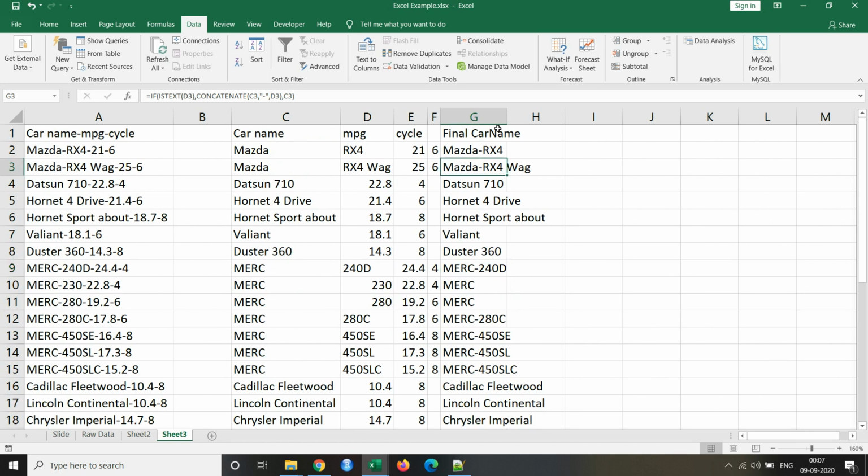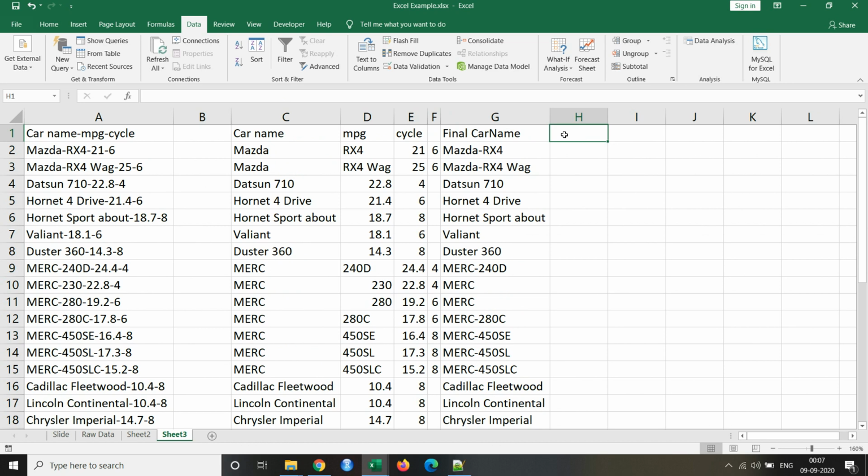Now for our next column I'll simply put another formula which will check if this is text, then we'll take this value, and if this is not text, then we'll take this value. So similarly we can put our data into a structure.